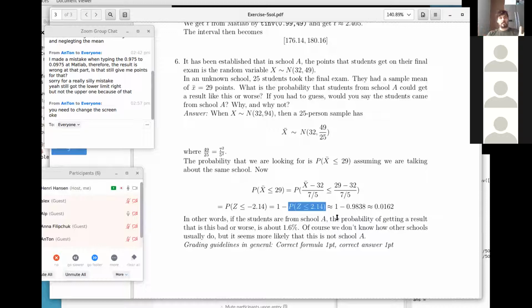Alternatively, take another example. We have a school B, which we are comparing. Is this group of students from school A or school B? Let's say that in school B, the expected number of points is 31, but the variance is very, very small, much smaller. Let's say the variance is, instead of 49, it's 25. If we now do this and calculate it with this, then we get a